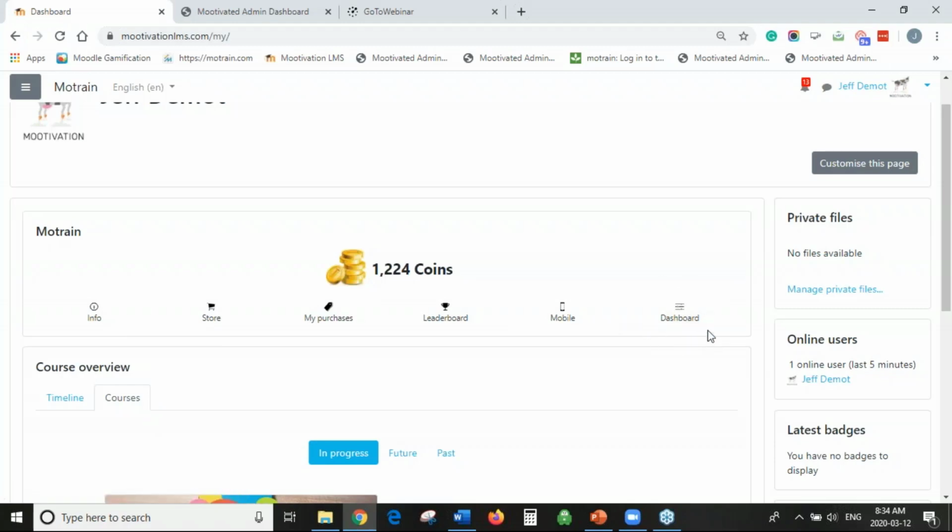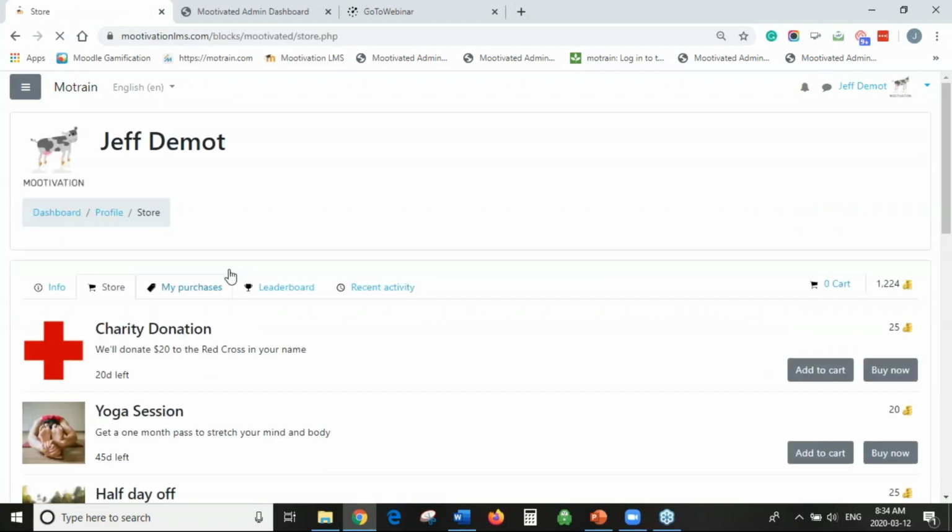As a manager or as a teacher, we have single sign-on to the dashboard to manage this. We also have a mobile app that you can connect to, so it's an easy QR code generator to get them in. We have leaderboards that can be turned on and off if that's something that's appealing to this specific group of users. But let's go into the fun part, which is the store.